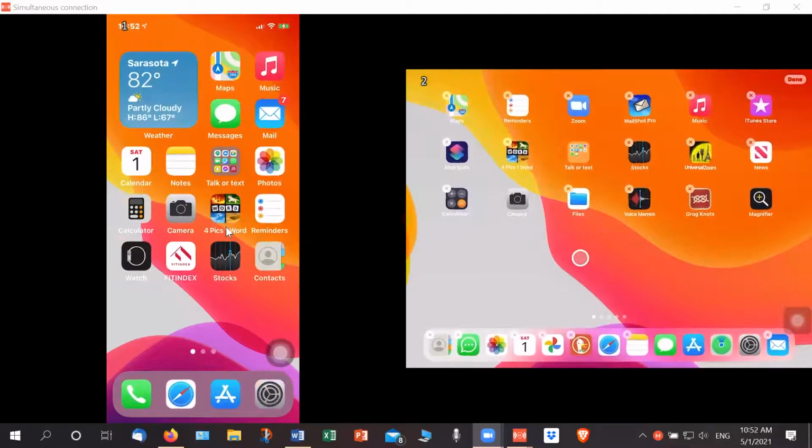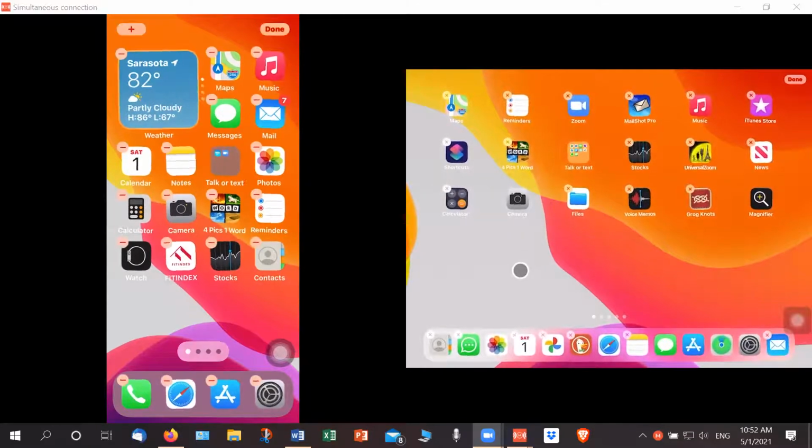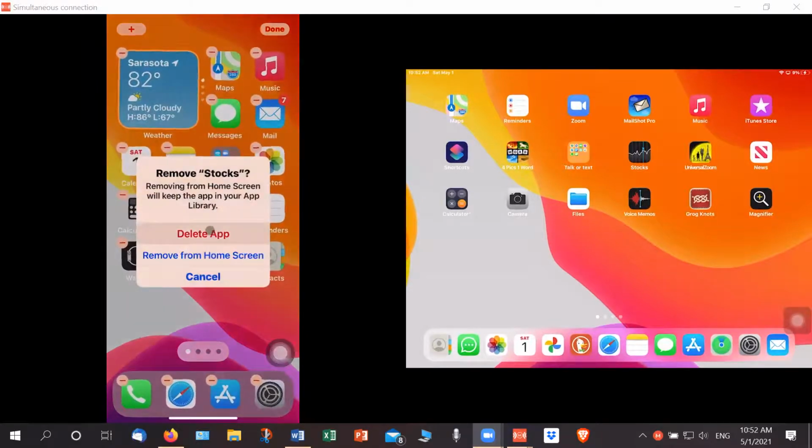On the iPhone, the iPhones, when they shake, they have a minus sign there, which is not an X. If you tap on the minus sign, oh, there it is. If I put my little button on the minus sign, it comes up and says delete app, just like it was on the iPad, but it says